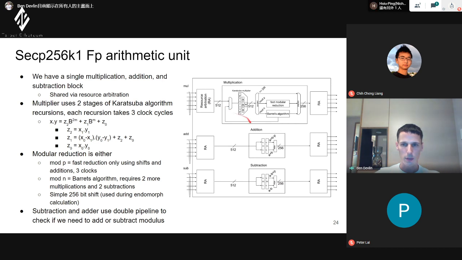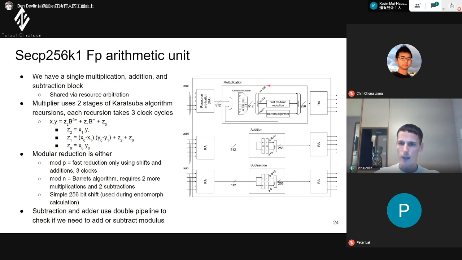For multiplication, we implemented a Karatsuba multiplier, and what this does is, on the FPGA it takes in a multiplication and splits it up into 3 multiplications with a couple of additions and subtractions. This was to reduce the usage on the FPGA, and it took 2 stages, so 6 clock cycles for us to do the 256-bit multiplication, which is 512 bits if we have A and B.